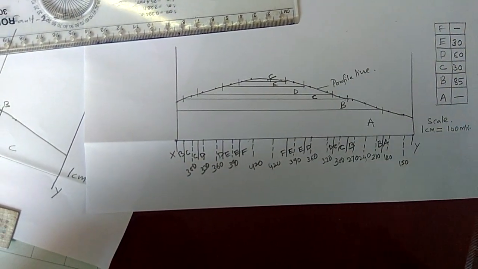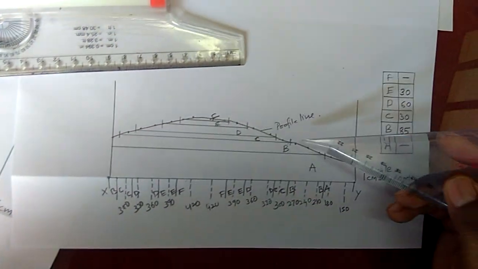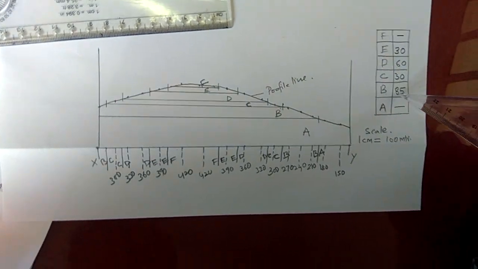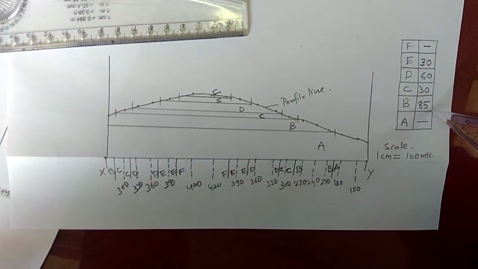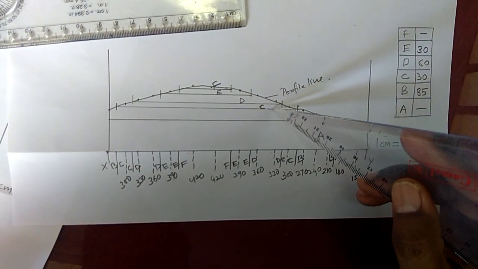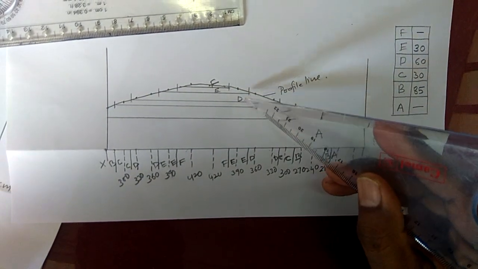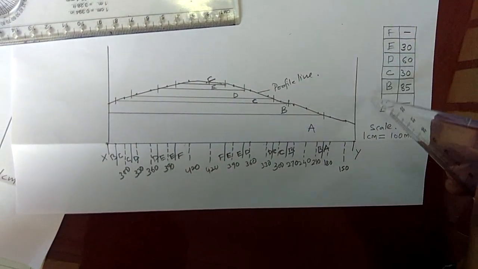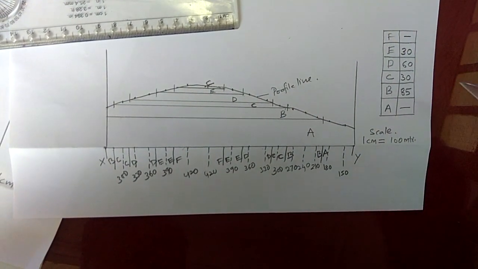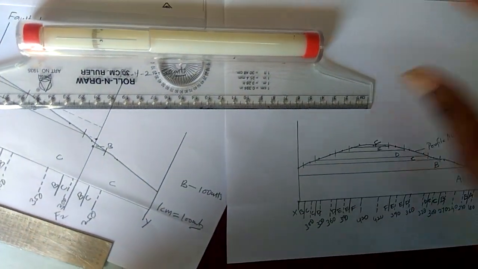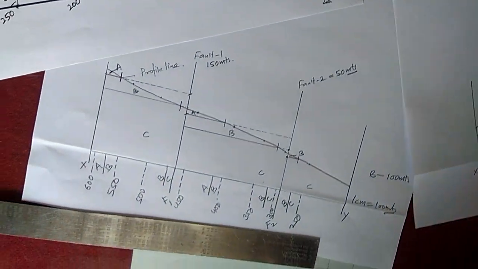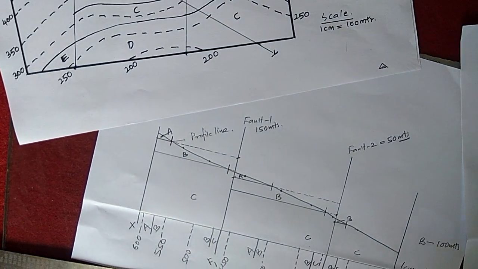Now after drawing this, we have to calculate the thickness. This thickness is almost 1 centimeter, 0.85 centimeter. We have written here 85 meters, and this is 0.3 centimeter, 30 meters, 0.6 centimeter, 60 meters, and 0.3 centimeter, 30 meters, friends. So after drawing this map like this, we have already seen how to draw the second map also, and I will explain both maps point by point, what points we have to write here.